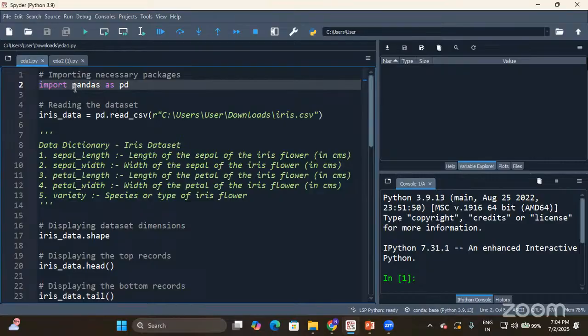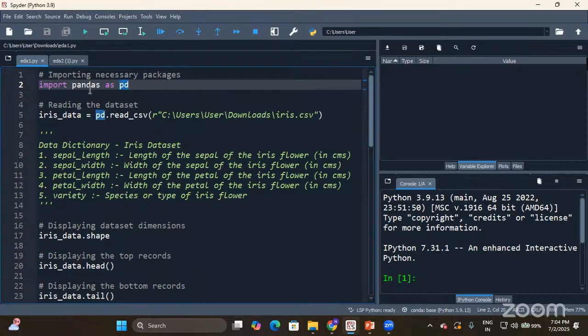There is a package called pandas which is widely used in Python. Pandas helps us with data manipulation. In order to manipulate the data, we use pandas. I'm going to import pandas as pd.